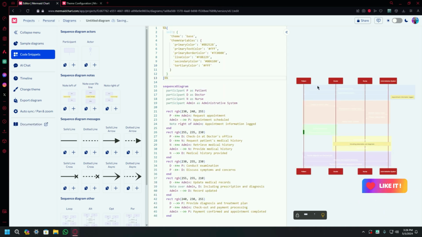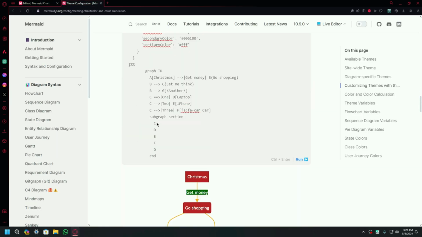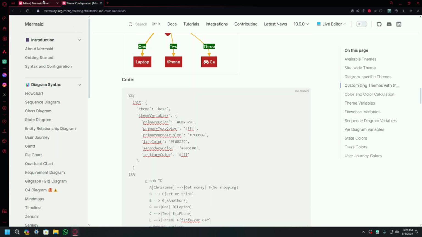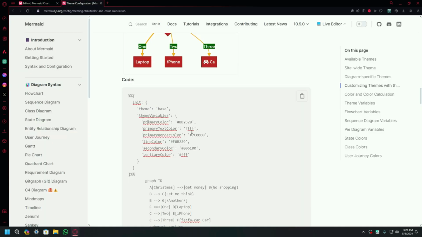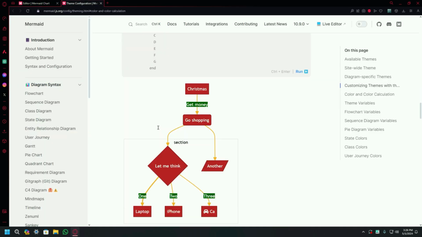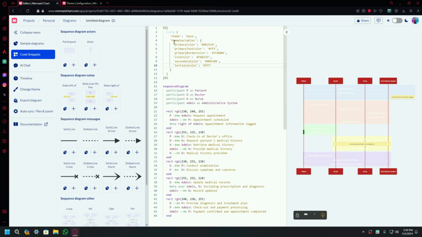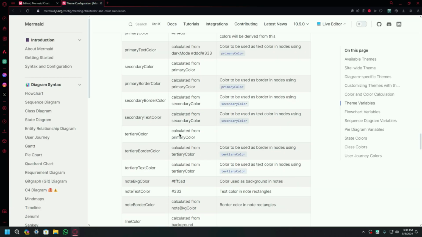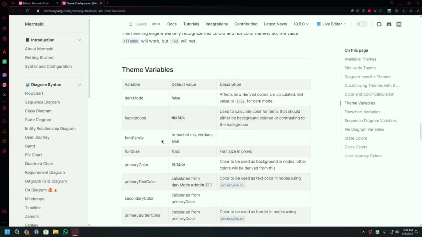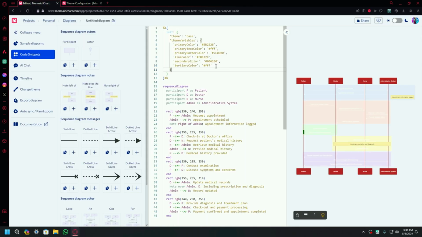You can see that it has just changed the theme color, because they are theme variables. This is for flowchart. So it just put the variables color in sequence diagram. You can obviously customize the colors if you want to. And if you just scroll down, you can use these variables in theme variables for applying the functionalities that are given here. So you can obviously change the colors and customize it according to your needs. You have to just copy this and put this right here, just like these variables.